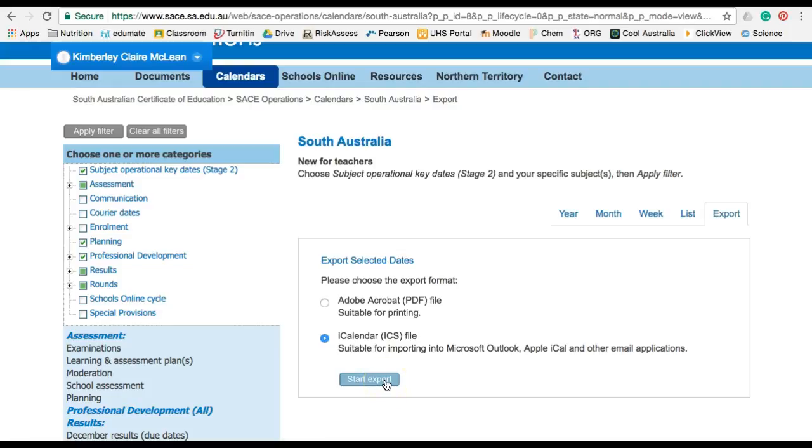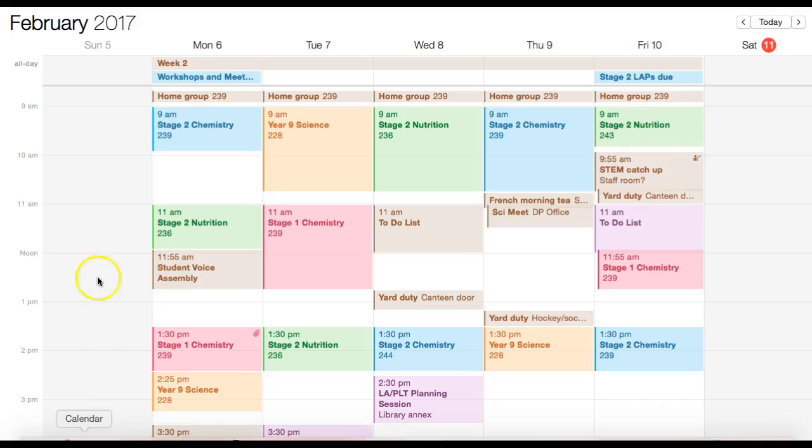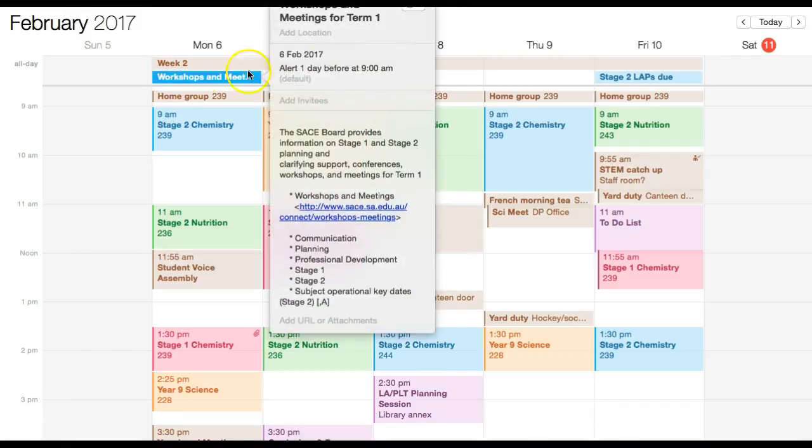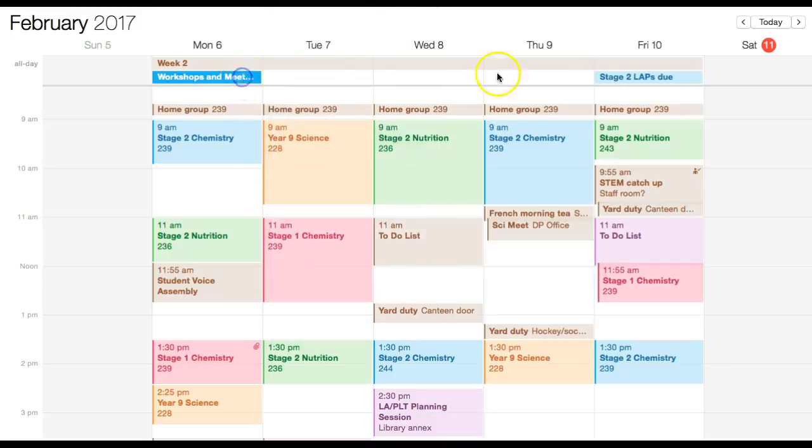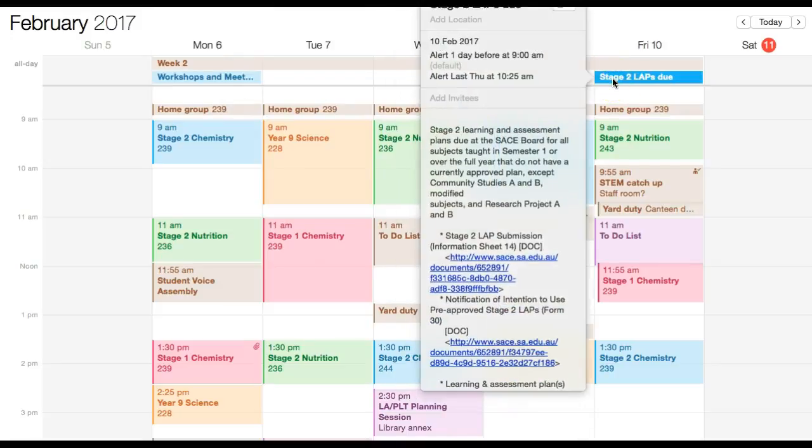I've actually already done this in advance, so I just want to show you that if I scroll over now to my calendar, highlighted in blue up the top here, you can see some examples of SACE notifications that are now pre-filling into my calendar. So workshops and meetings for term 1, not only does it give me an alert when that information becomes available, but it also gives me some links and a little bit more detail about what exactly is available for me. Another due date here, stage 2 LAPs due,